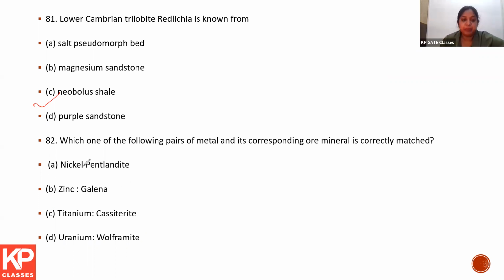Answer is nickel and pentlandite. Galena is not a zinc ore mineral. Cassiterite is not titanium. Wolframite is not of uranium. So the nickel ore mineral is pentlandite. So option A is the